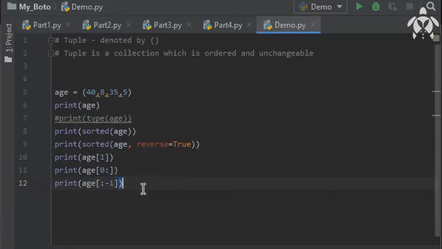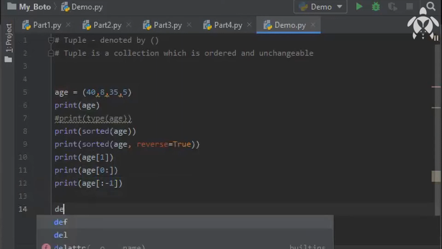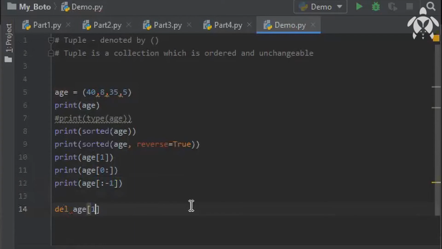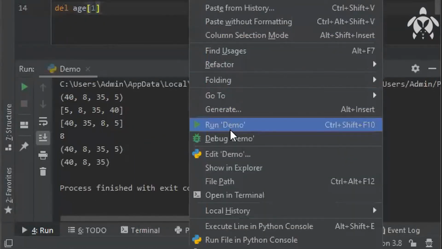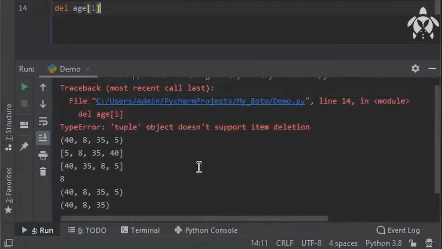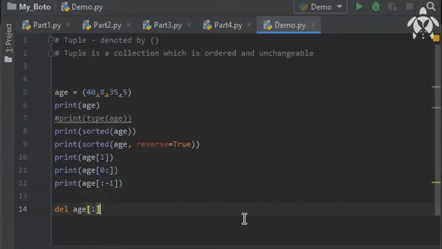And suppose you want to delete something from age, so delete, and if you write age with index 1 you want to delete here, if you run this, you will get an error because tuple object doesn't support item deletion. I told you a tuple you can't change, it's unchangeable. It is ordered and unchangeable.